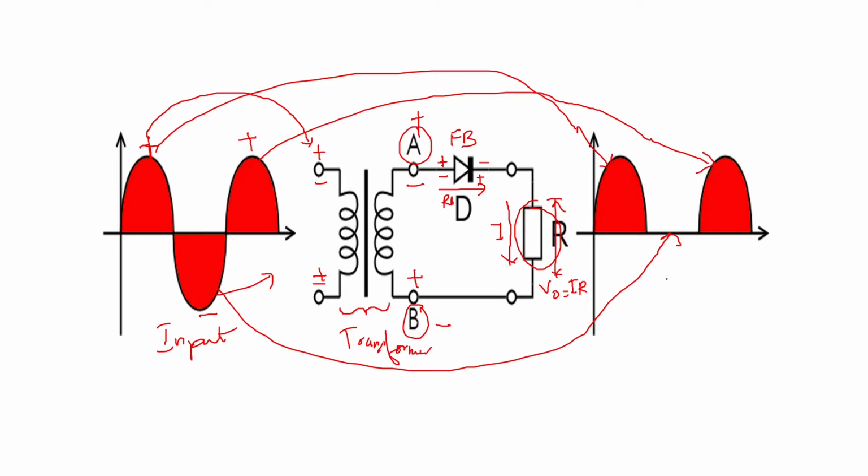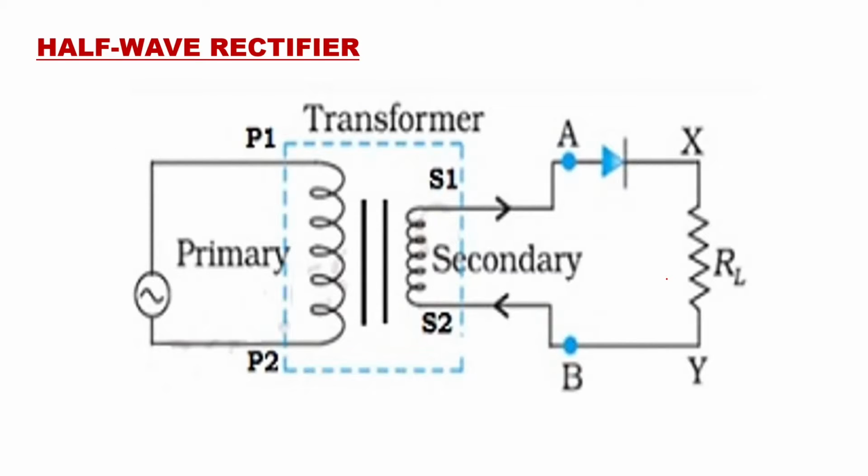The same circuit we can see in another form. So here also you can see the same circuit. Here you have shown the input. This is the AC input, that is the alternating quantity, which will be having positive half cycle, negative half cycle, positive half cycle, negative half cycle. So when the input is positive, the primary coil terminal of the transformer P1 will become positive, P2 will become negative. Similarly here at the secondary, S1 will become positive, S2 will become negative. So here point A becomes positive, point B becomes negative.